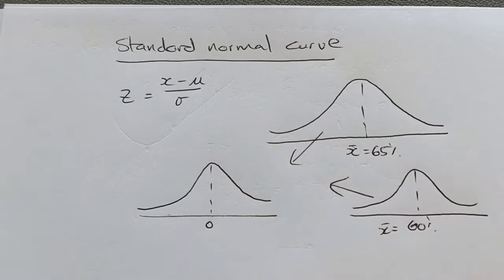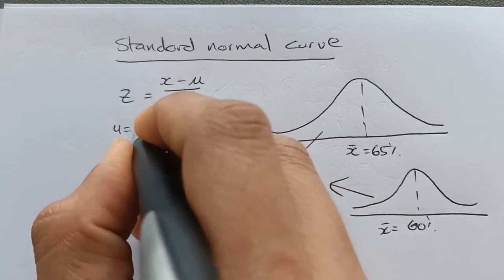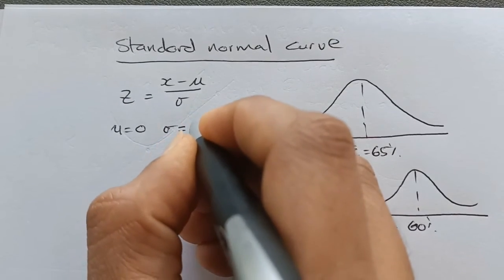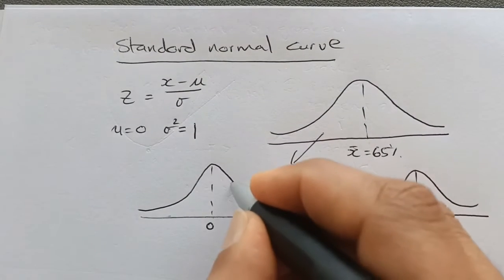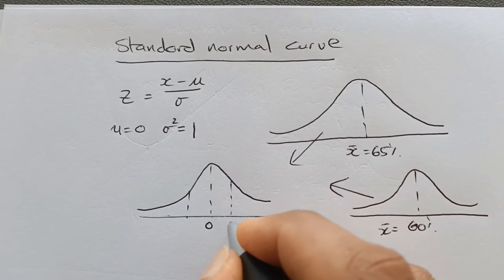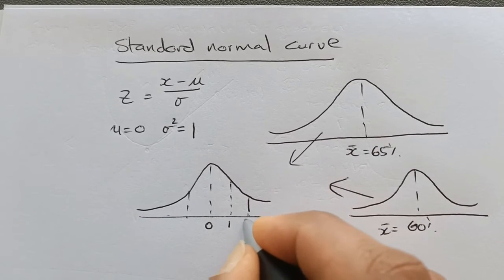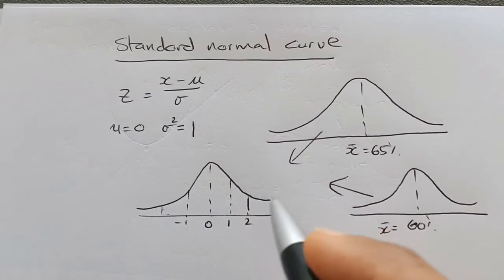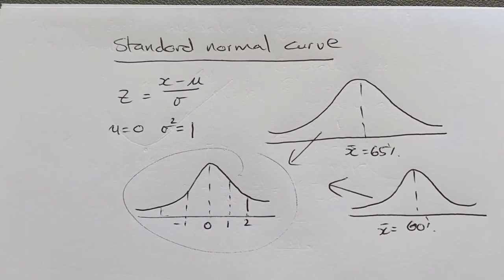We could standardize any curve, any set of data at any point in time to a normal curve such that the mean becomes 0. So we say mu will equal 0 and sigma will equal 1, or the variance will equal 1. In other words, as we go further and further from 0, we will add and subtract 1 as our standard deviation. This is a standardized form that we can use at any point in time,